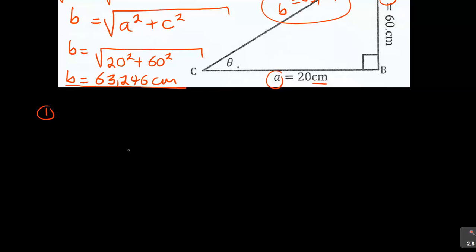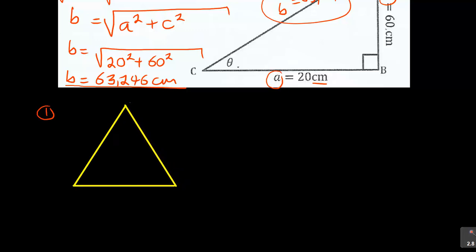An isosceles triangle is like this. Let's say this is an isosceles triangle. In an isosceles triangle, this side is equal to this side,